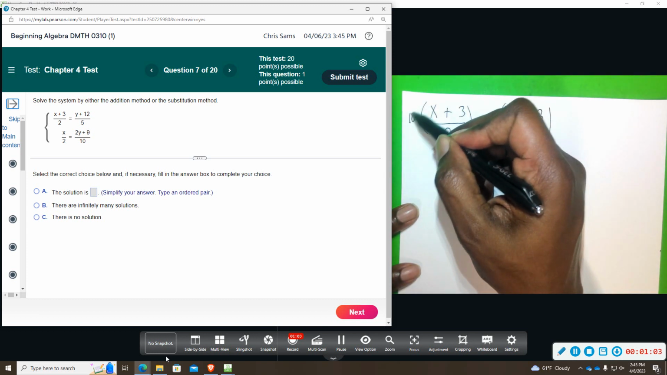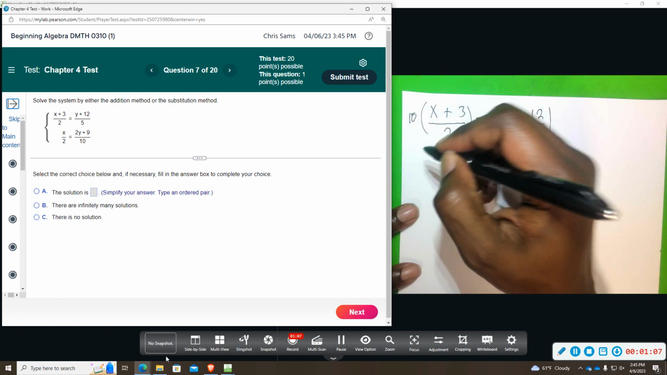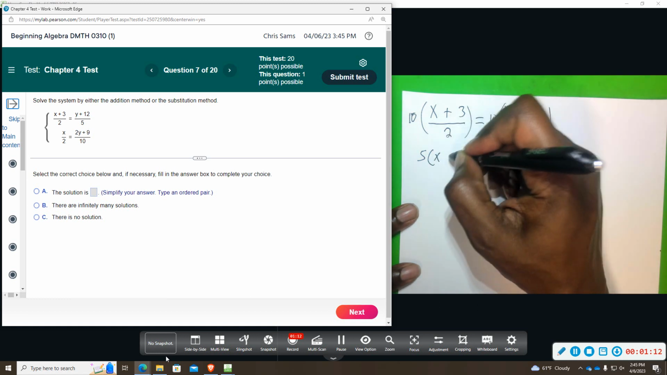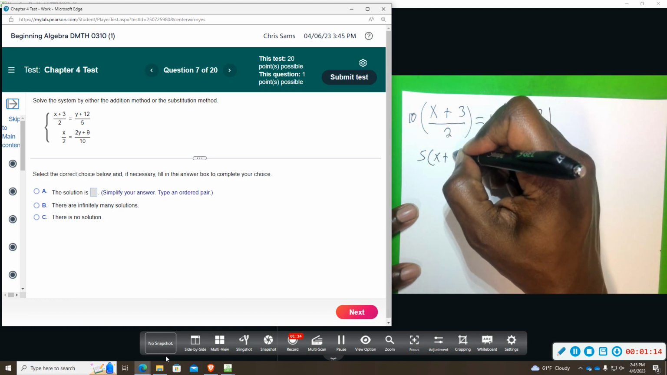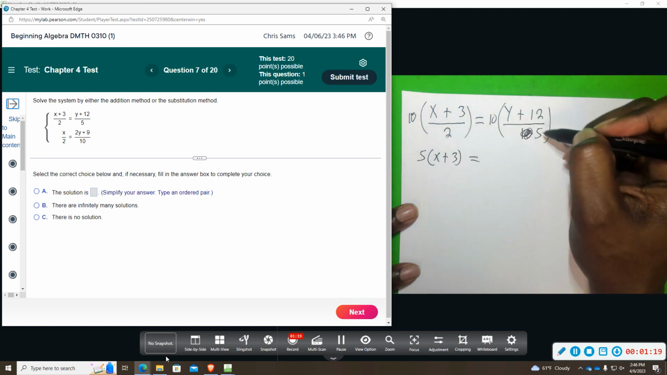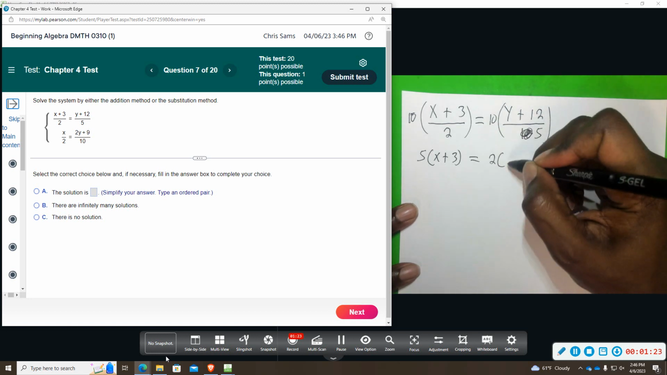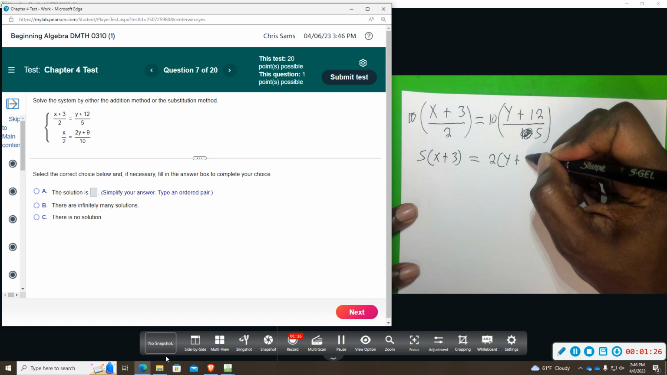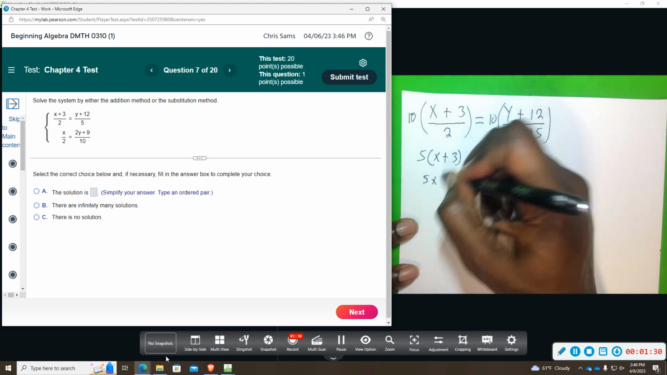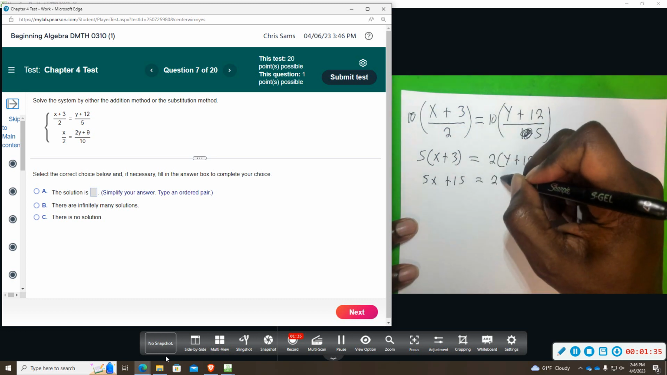So what happens is I'm multiplying by 10, but what's really going on is I'm dividing this by 2. 10 divided by 2 is 5. That 5 is going to multiply and distribute to the x plus 3 on top, which I'm going to do in the second step. Over here, the 10 is being divided by 5, which is leaving me with 2. That 2 is going to be multiplied times y plus 12 and distributed. So this is going to give me 5x plus 15. This is going to give me 2y